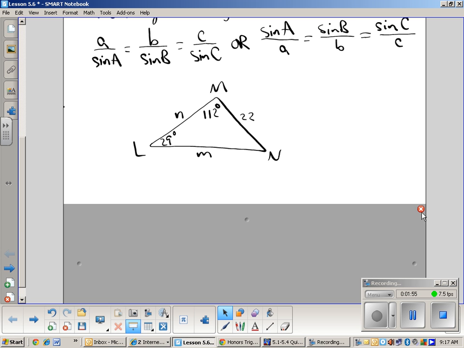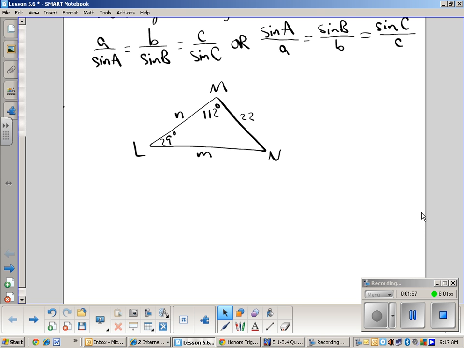So, first example. We're looking for side of length n and side of length m. We have angles of our triangle, 112 degrees, 29 degrees. Obviously not a right triangle, right? Okay. And so if we apply the law of sines,